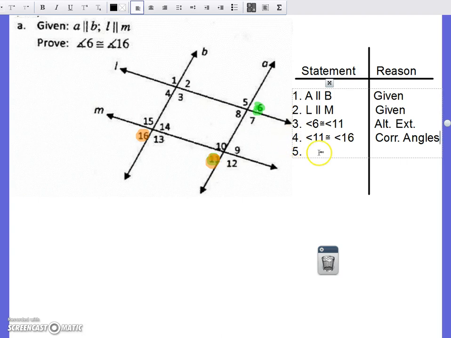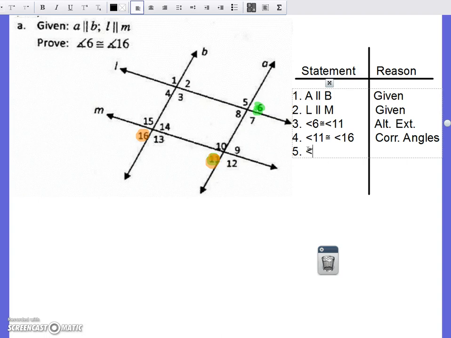And corresponding angles are congruent. And the parallel lines we are actually looking at are line B and line A. Being that these two are parallel to each other, I can say that angle 16 is corresponding to angle 11, which means that they are congruent to one another. Alright, lastly,